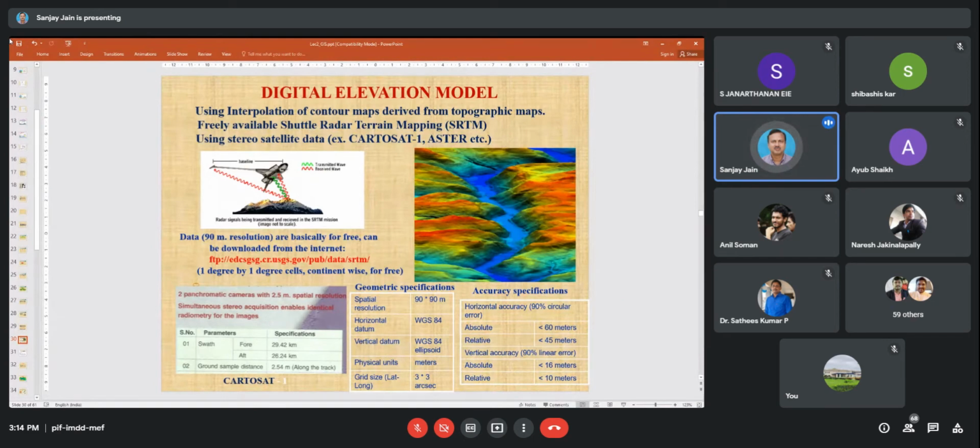There is another approach, the LiDAR survey. But for that, we have to take a flight over the area. Therefore, they are very expensive. A LiDAR survey will cost me around 1 lakh to 1.5 lakh per square kilometer, while I am getting these DEMs free. Now in our ministry, under one of the projects, that task has been given to the Survey of India.